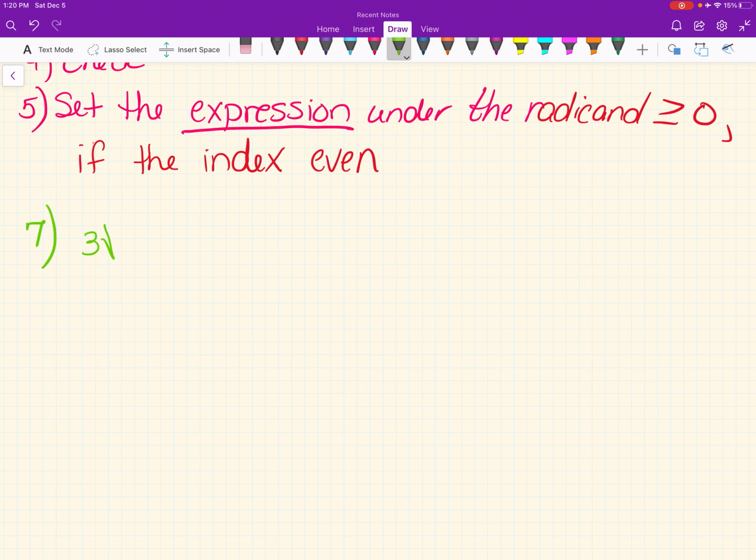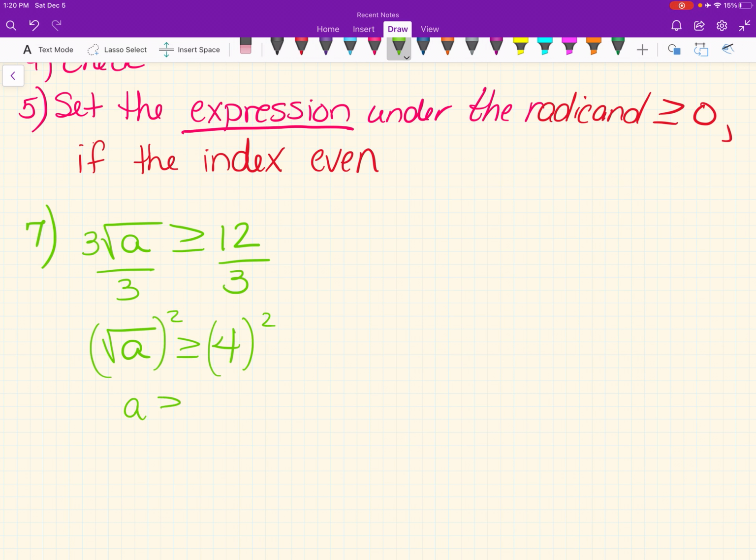3 root a is greater than or equal to 12. Again, the radical's not by itself here, so divide both sides by 3. We did not divide by negatives, so we don't have to flip the inequality. So the square root of a is greater than or equal to 4. Square both sides. So we get a is greater than